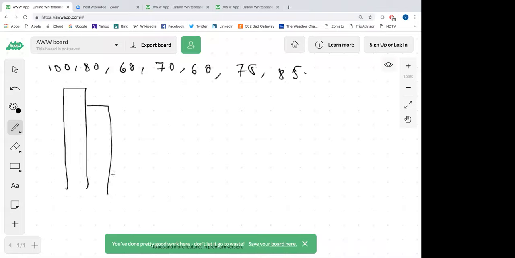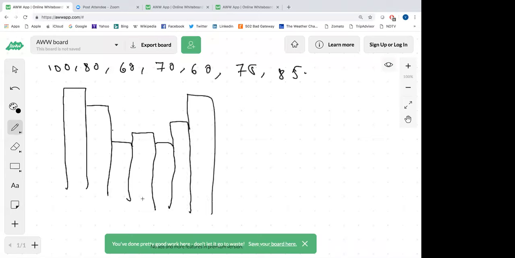This is 100, this is 80, I'll put somewhere 60, this is 70, this is 60, this is 75, and this is somewhere 85. So if I use the naive approach, what I should do is calculate for this,